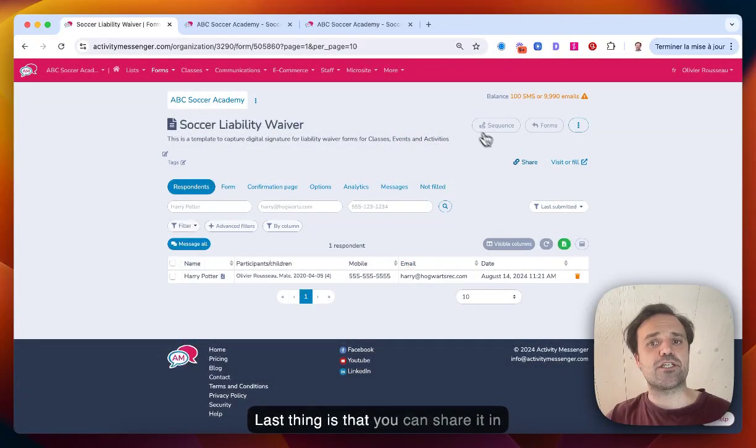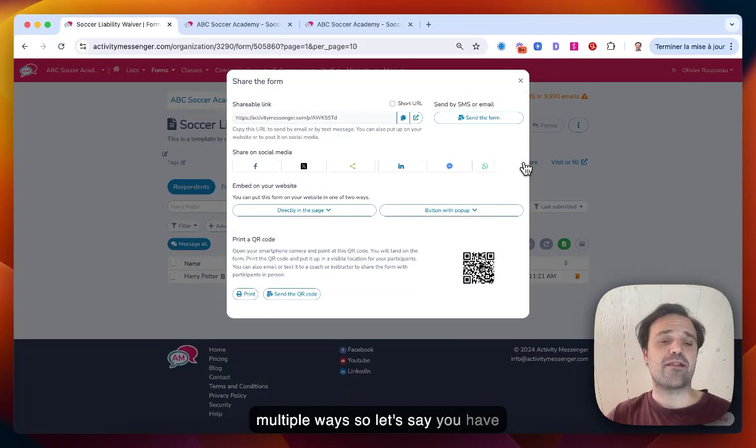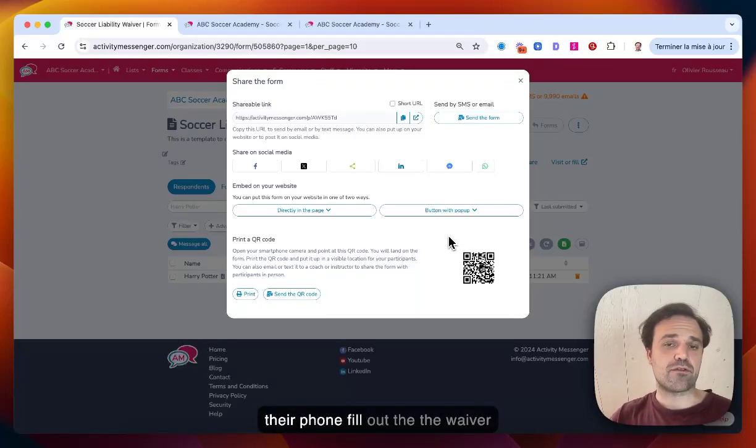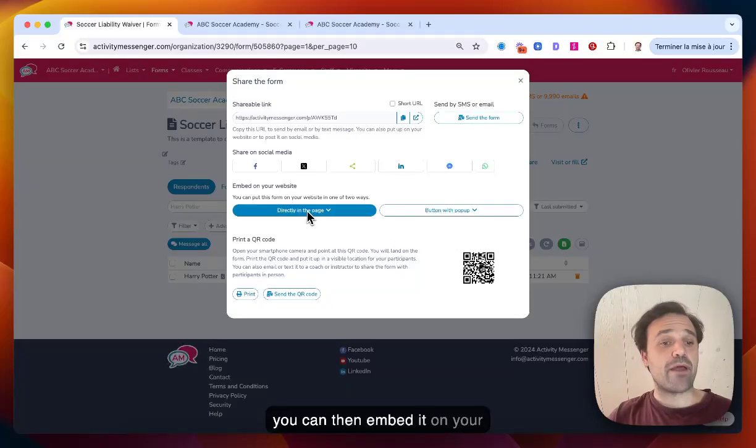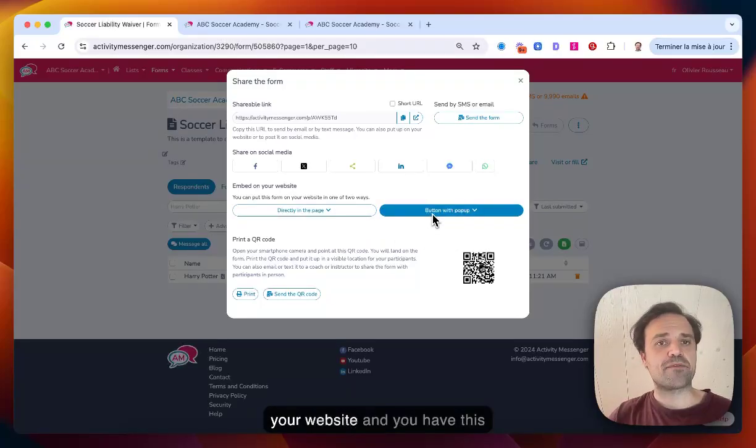Last thing is that you can share it in multiple ways. So let's say you have an event and you need people to sign a waiver before the event. We always recommend the QR code, so it's very easy for people to snap their phone and fill out the waiver. You can then embed it on your website as well, as a pop-up on your website,